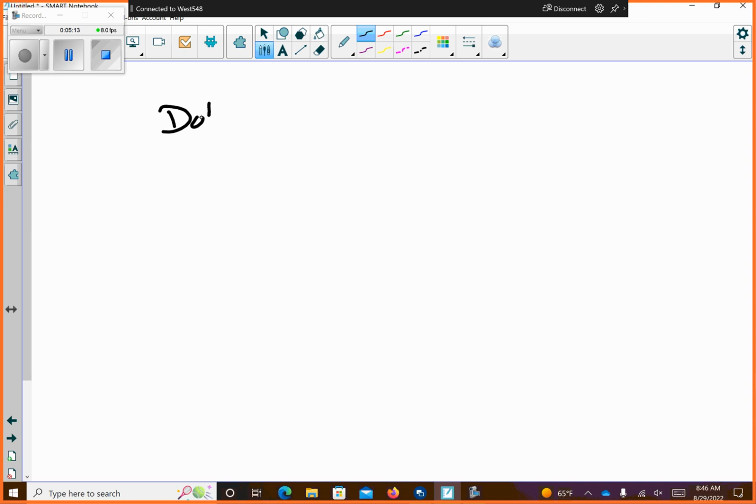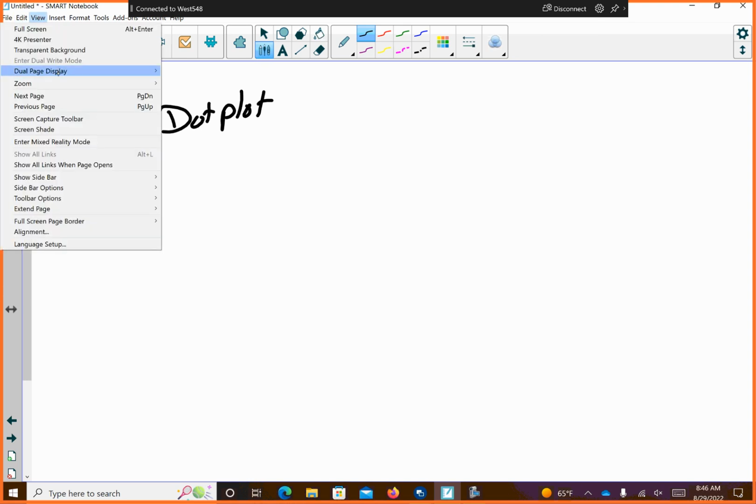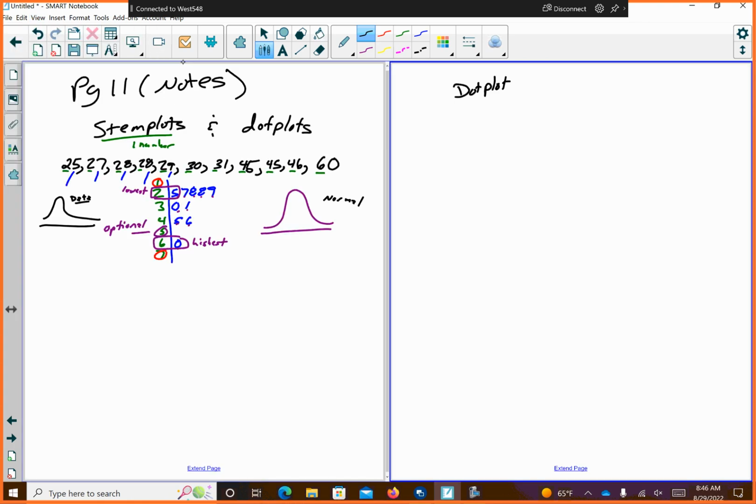And the dot plot is the same idea, but the dot plot itself doesn't have all of the values. So if I were to go back and go dual screen view, if I were to look at my original data and made the dot plot, same idea, where I'm going to have